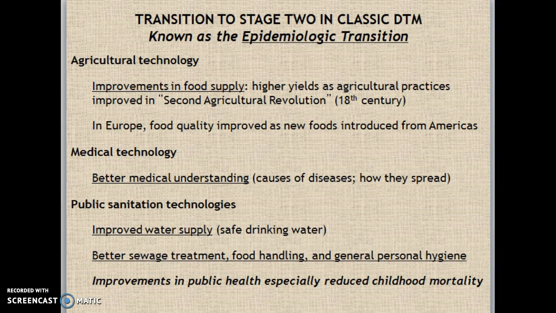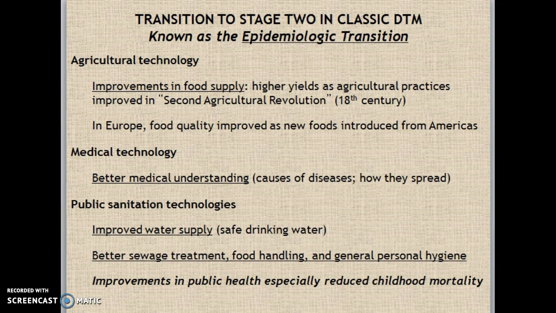And then finally, on the screen right now, you can see a summary. You don't necessarily need to copy this down word for word, but just be familiar with some big picture ideas for the transition to stage 2. We already mentioned that part of stage 2 is an improvement in agricultural technology, improvements in the food supply due to our agricultural revolution,